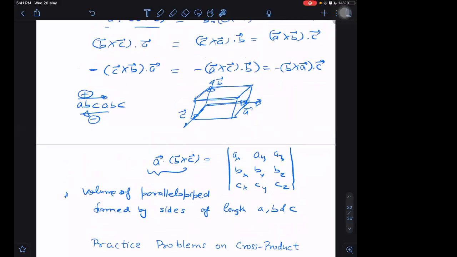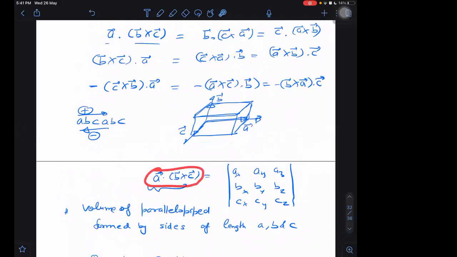Yes, sir. This point, I think maybe still not understood properly, why it comes out to be B cross C. B cross C will be pointing perpendicular to B and C, the plane of B and C. That perpendicular to the plane of B and C may be in this direction. And A dot this direction: if I take the dot product of A with this, that will give me the altitude. The dot product of A in the direction perpendicular to the BC plane will automatically give me the altitude in that direction. Okay, so this is how we get the volume of the parallelopiped.